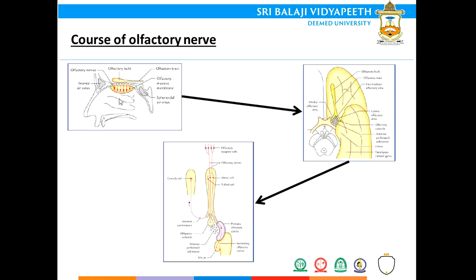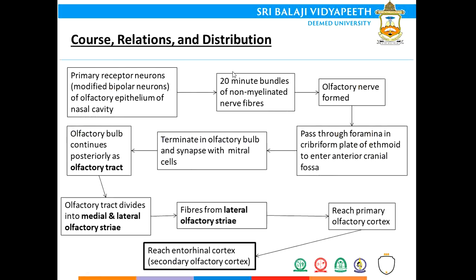Now here you can see the diagram. Here these are the bipolar neurons. They are forming the olfactory nerve, which is piercing the cribriform plate of the ethmoid bone. From here they are reaching the olfactory bulb. This olfactory bulb is continuing as the olfactory tract. This olfactory tract is divided into lateral and medial olfactory stria. You can see the olfactory receptor cells, then the olfactory bulb, the olfactory tract, and the olfactory stria, lateral and medial. The lateral one will go into the primary olfactory cortex, and from there to the entorhinal cortex or secondary olfactory cortex. So that is the course and relation of